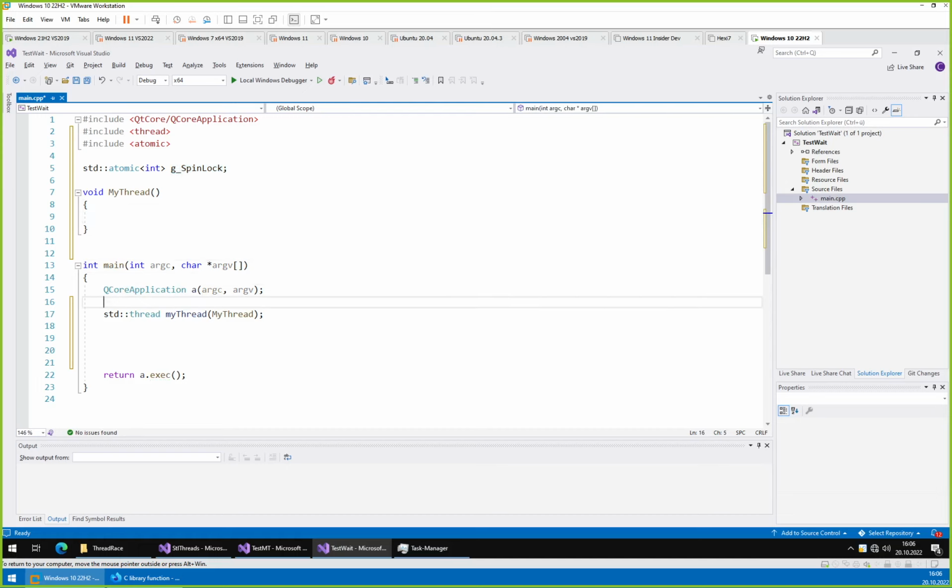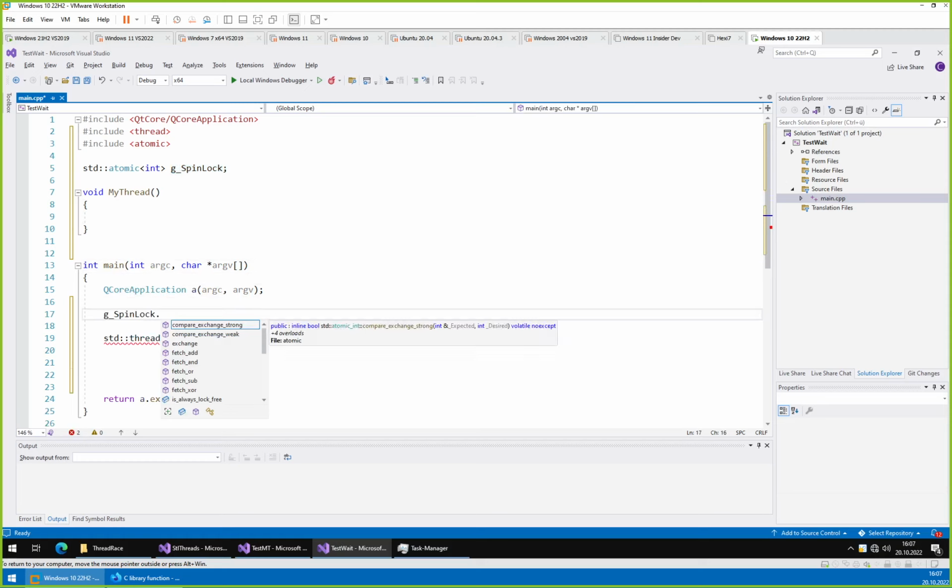Okay, we can initialize this to, what was it, store 0. It will be initialized with 0 anyways, but for good measure we ensure that it's definitely 0, and